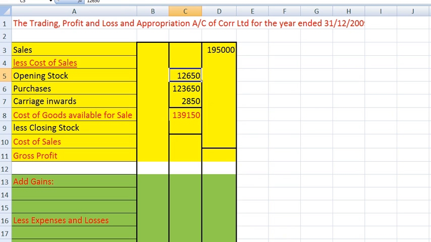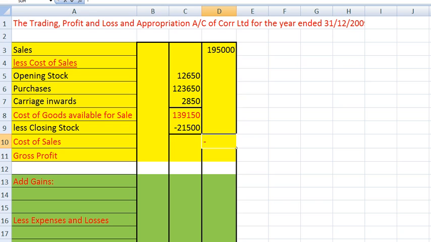The stock I had at the beginning of the year, plus my purchases, plus the carriage on those purchases, is the cost of everything I had available to sell to the public. However, I did not sell everything I had available to sell. I had some stock left over at the end of the year, and that's called closing stock. And I take that away because that should not be included, because it's not a cost of sale. I didn't sell it. So we take that away to get our cost of sales,